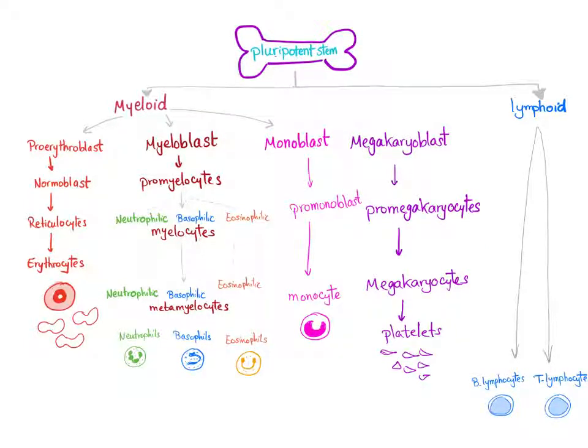Okay, hematopoiesis. This is a very crucial topic to understand hematology or blood. So, all of the blood cells that we know and love start from the bone marrow. This is the factory that produces blood cells. So, there are stem cells in the bone marrow, and the type of these stem cells are